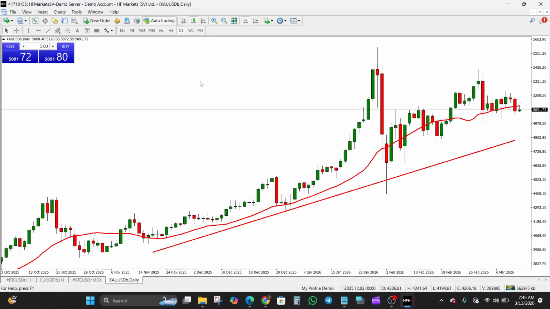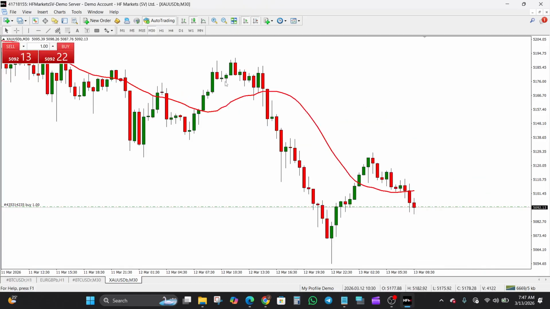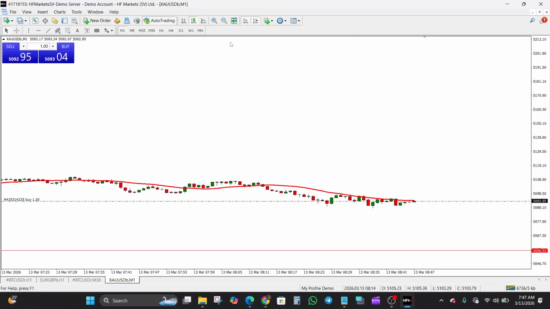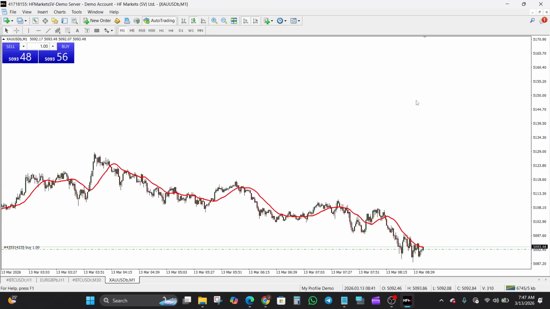Then the third step is going to be to add additional positions. So for example, let's say after placing my first trade, based on my strategy, for example, because I know that the trend is strongly bullish, maybe I'm waiting for price to get to a particular level on a lower time frame, maybe swing lows on a lower time frame. So when price gets to swing low on a lower time frame, I can consider adding another buy trade, another